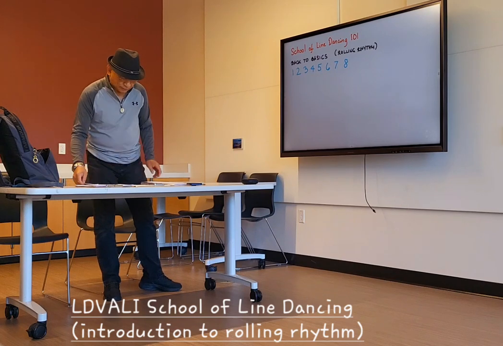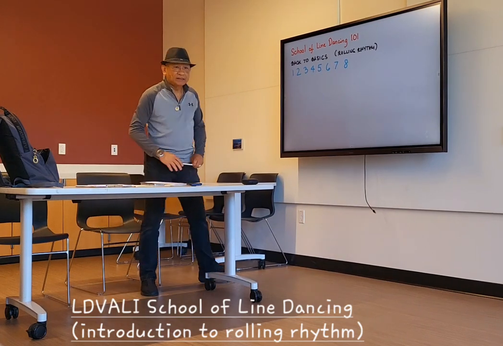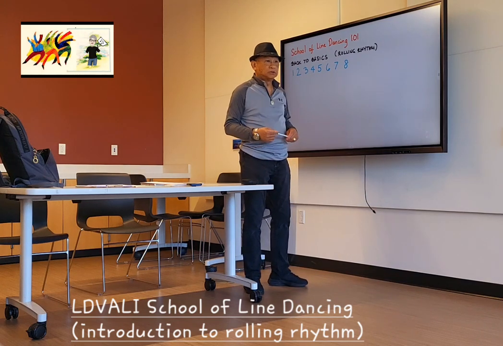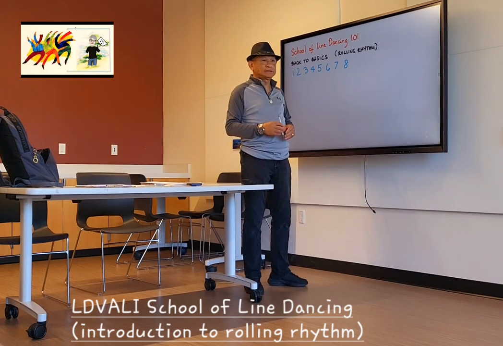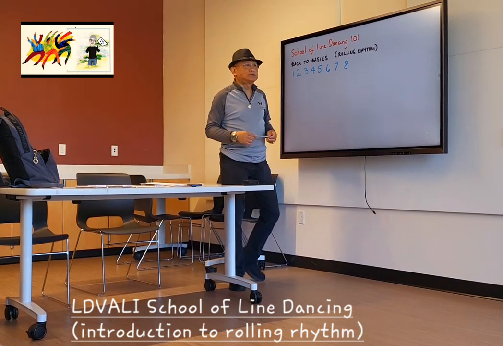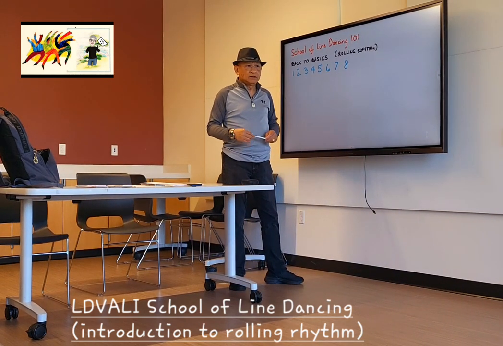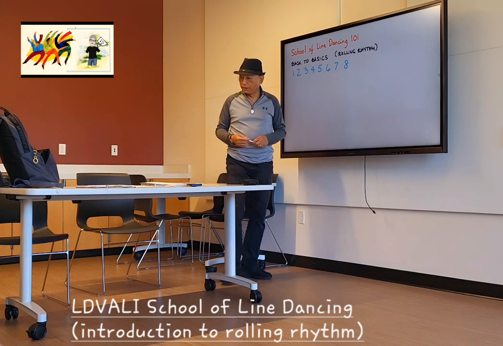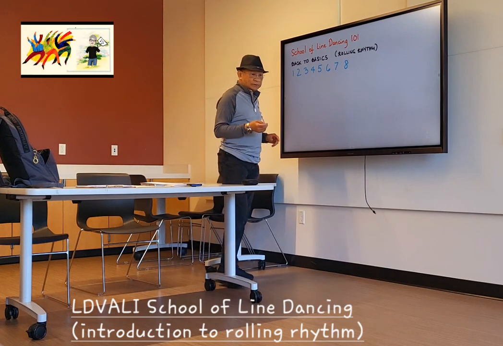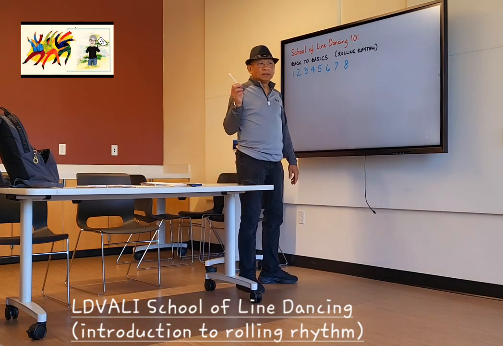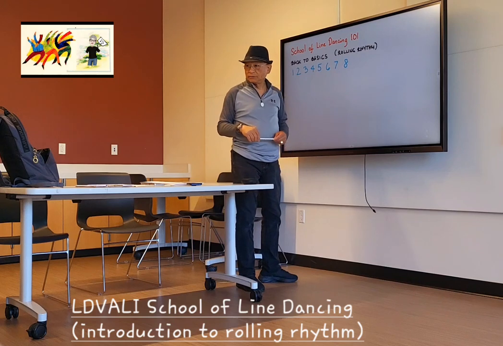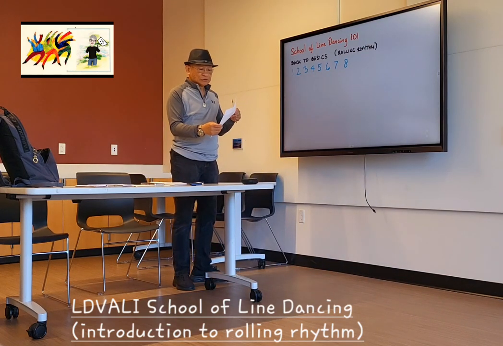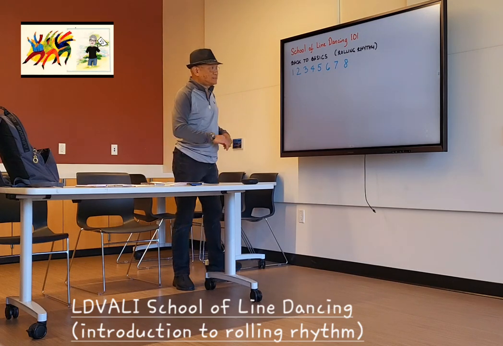Because when we talk about rolling rhythm, this is something that was, I guess, not present in the line dancing world maybe 10 years ago. I only saw this when it was introduced to us when we went to Pikes Peak in 2017. That's when we got to see Rolling Rhythm by Michelle Burton. That's going to be the main focus. There's only 16 count in that dance, which is on the main top of your spreadsheet. Okay? So to me, that is the basic rolling rhythm, 16 count.